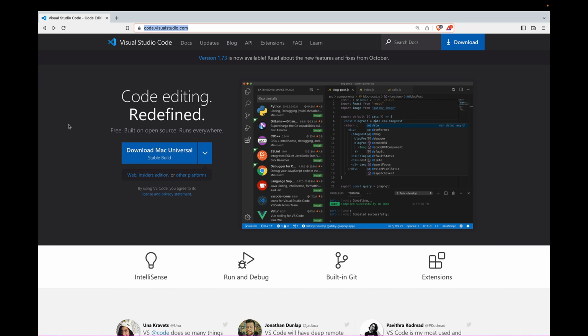We're now going to download and install Visual Studio Code, also known as VS Code. We're finally going to move away from the Jupyter Notebook and into a more professional development environment. So if you navigate to